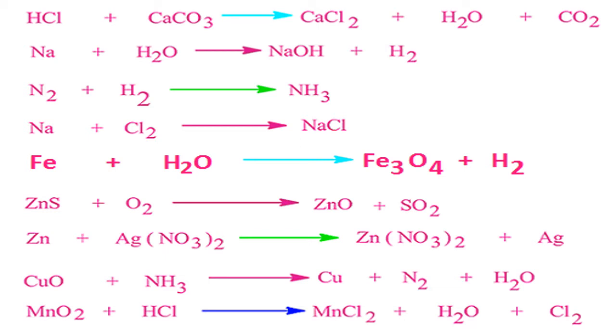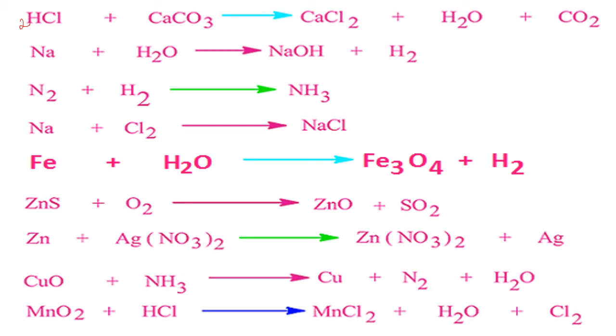We have to balance only the hydrogen and chlorine. So here hydrogen is 2 and chlorine also 2. Only that you need to balance. So here you will write 2 on the reactant side, then it is balanced already.